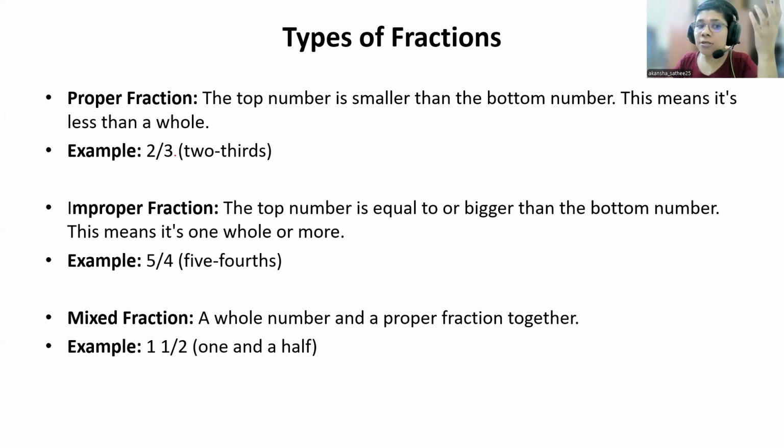For example, 2 by 3. So it is 2/3. You divide your whole thing into three parts. Let's say here, and how will I divide it into three parts? Let's say like this. Oh, this is not correct. Let me do it again. So this is your box. It is difficult to divide a box into three pieces. Can I do this? Yes. One, two, three. So you have divided your box into three pieces and now you are interested in two pieces of those three. So this shaded part is 2/3 of the whole thing.